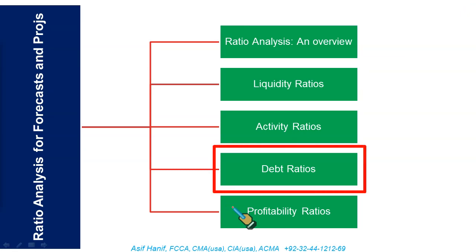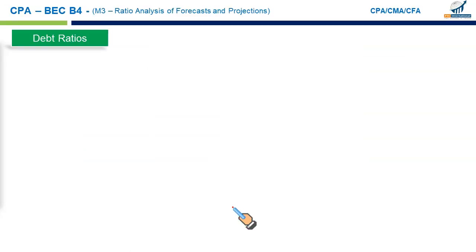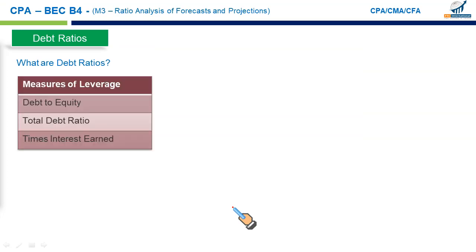Next set of ratios we have are the debt ratios. What do they measure? Debt ratios measure to what extent we have used leverage in our capital structure. No doubt debt is cheaper. It also gets us the benefit of taxes because interest is tax deductible. We have to pay a lower cost of funds for debt than for the equity. So it is cheaper, but it is risky also. So the key ratios we will use here are debt to equity, debt to total assets, interest coverage, and sometimes